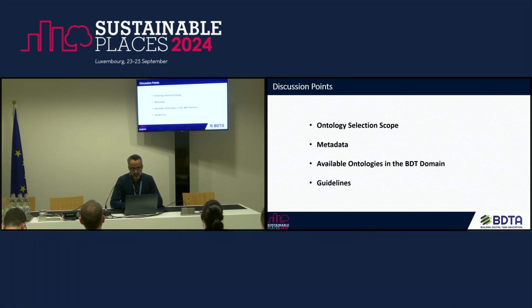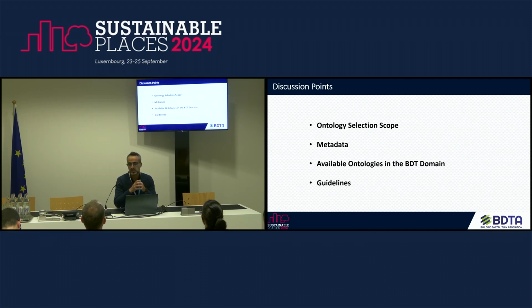Then I put some discussion points so that hopefully we can start some discussions here, and then we're going to reach out to you with some further follow-up for gathering input from you. So there are a few factors that we can think about together when we are developing such a platform. The very first question is: what is the criteria for selecting ontologies to share on the platform? We can see it from the horizontal side: what are the subdomains that we want to consider? So permitting, energy management, environmental modeling, are they relevant to building digital twin? Are we going to consider other subdomains? This is an area that we can discuss with the community.